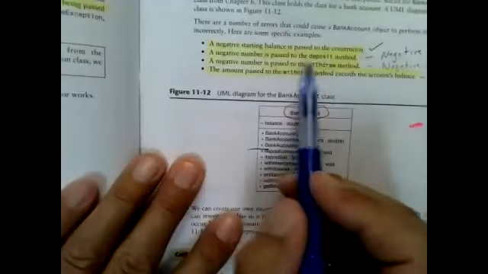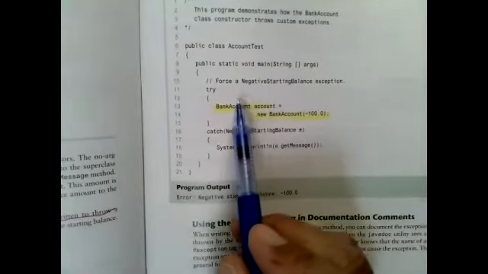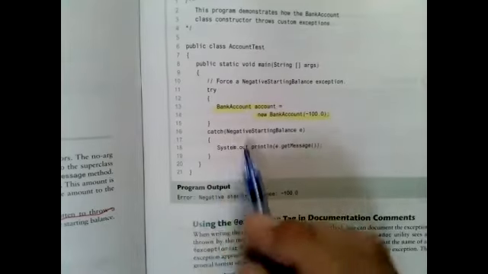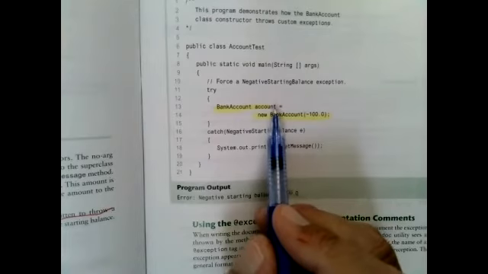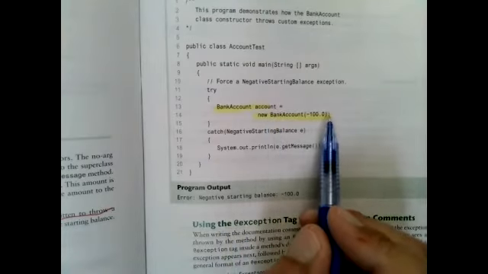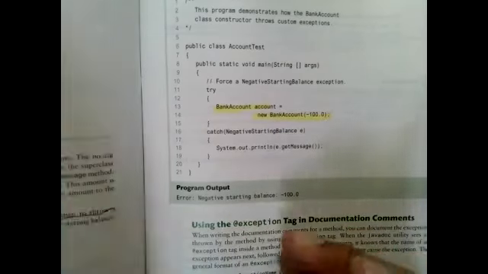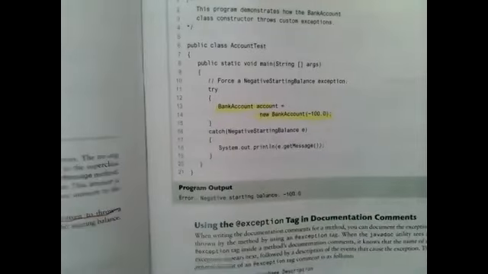So let's go through this again. I have a negative starting balance passed to the constructor. So I come into my program, okay? And inside of here, I say, hey, I want to instantiate an object called account. And I have a message. And when I go to bank accounts,